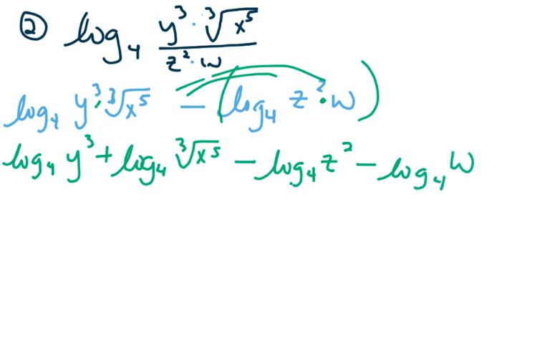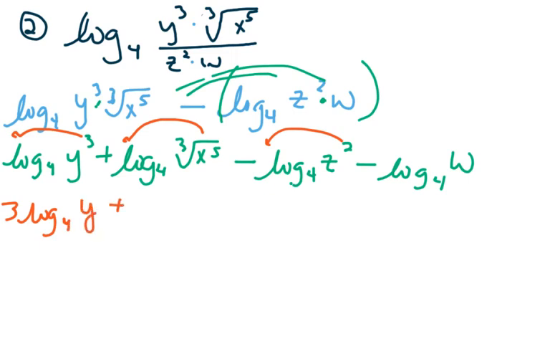And then our last step is to take any powers and move them to the front. So here we have a 3 that's going to get moved to the front. Here we have a power, we'll talk about that in a second, that's getting moved to the front, and same thing there. So we end up with 3 log base 4 of y